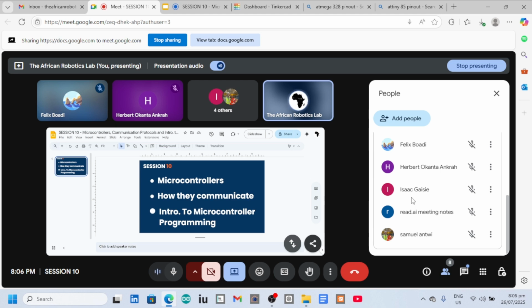from the start of the program, from session one, session two, session three, session four, session five, all the way up to session nine, which happened last week. And so far, with regards to electronics and programming, even with our run before you walk sessions, you learned how these microcontrollers work. If you take a microcontroller off